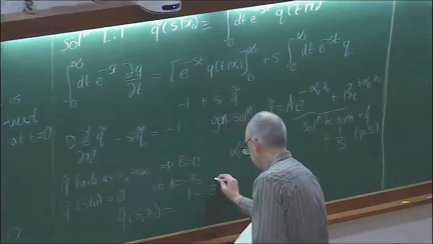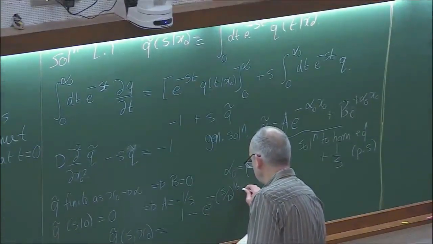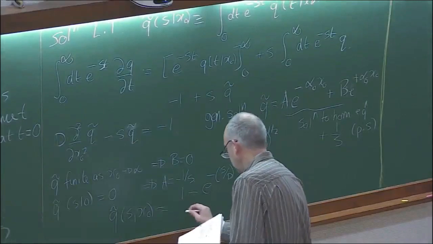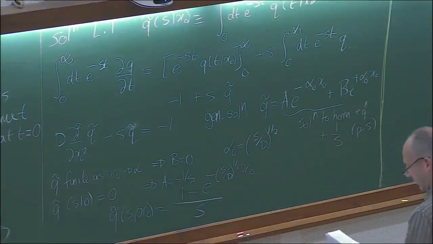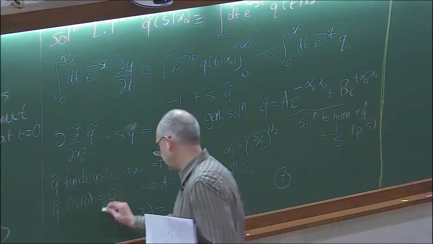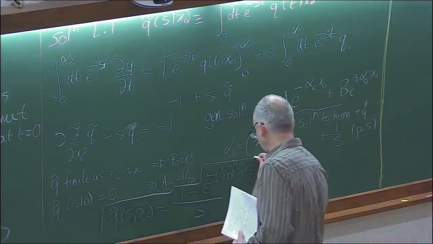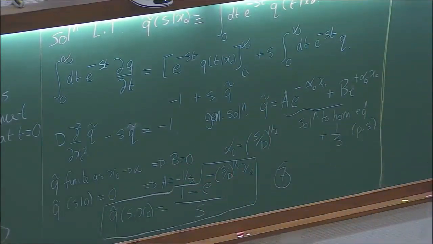So let me write out the alpha naught. So let me label that, because I'll refer to it later. I'll put it in a little box so that we can see it. Okay, so as I told you, that was the easy bit, is solving for the transform. Now the hard bit is inverting this.